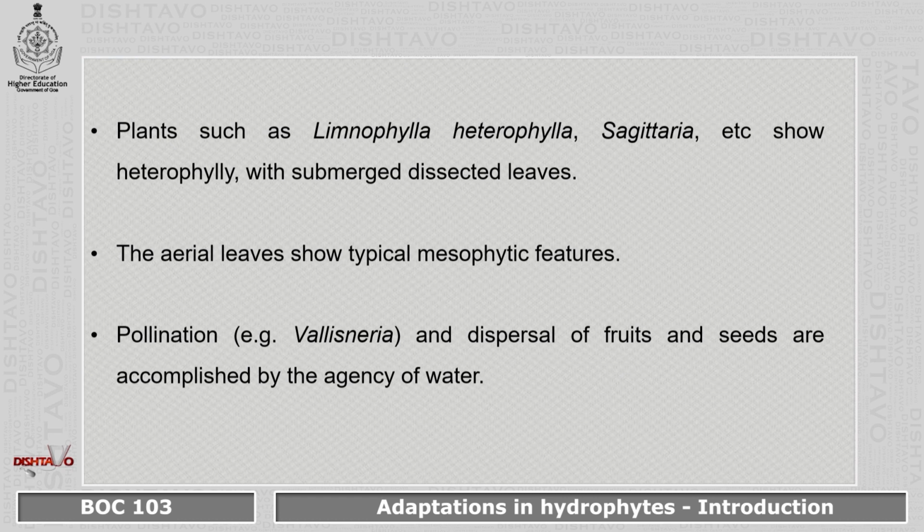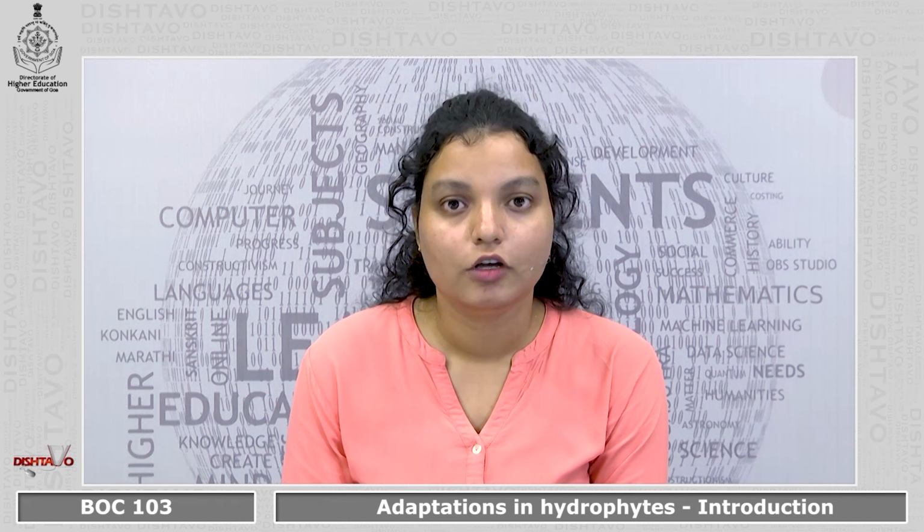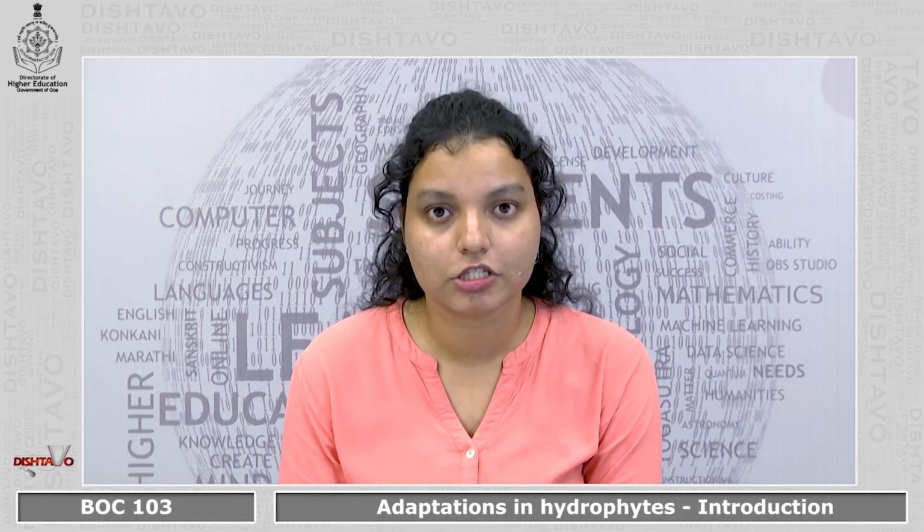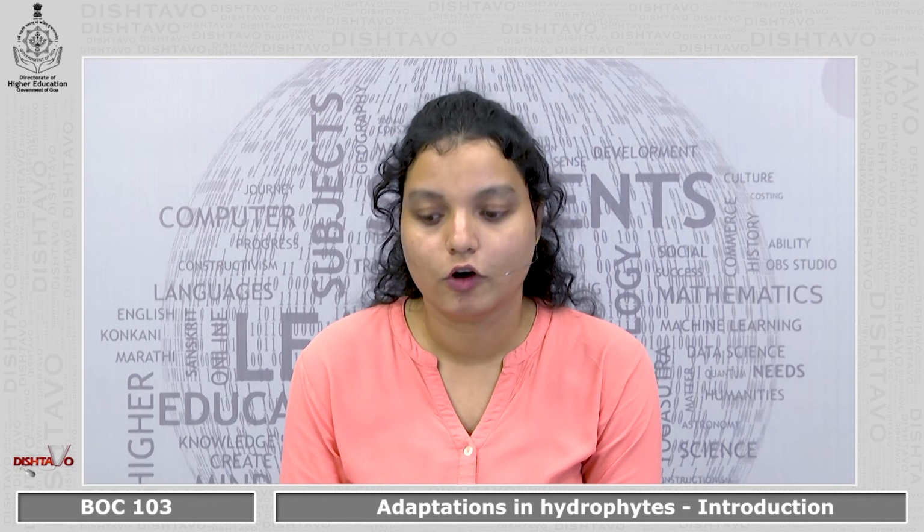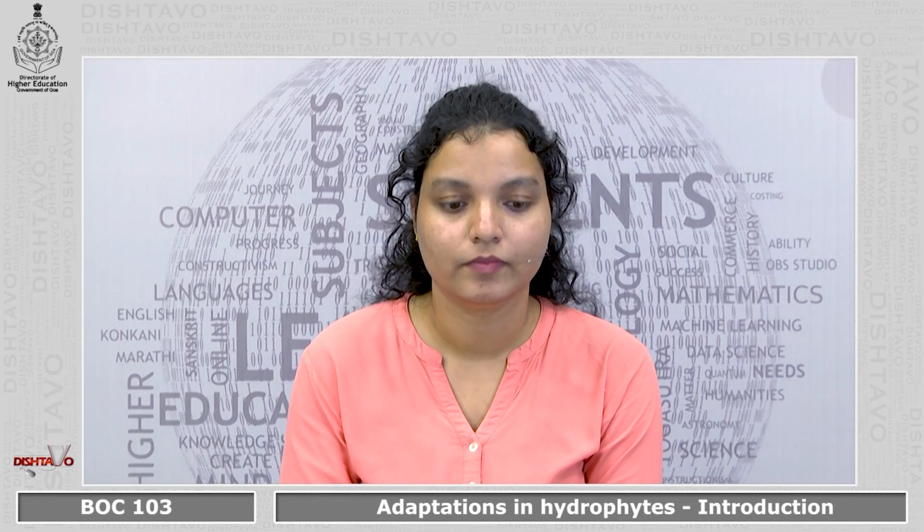And pollination, for example, in Vallisneria, pollination and dispersal of fruit and seeds are accomplished by the agency of water. So, water is responsible for the whole process of pollination as well as dispersal of the fruit and seed. These are few